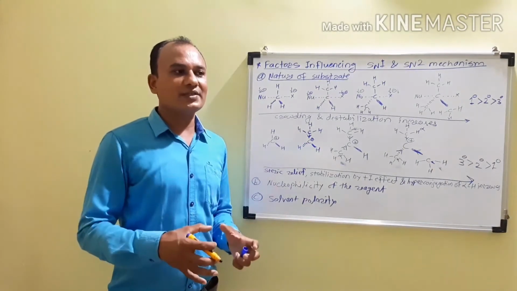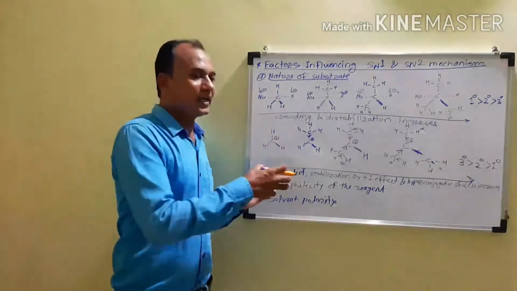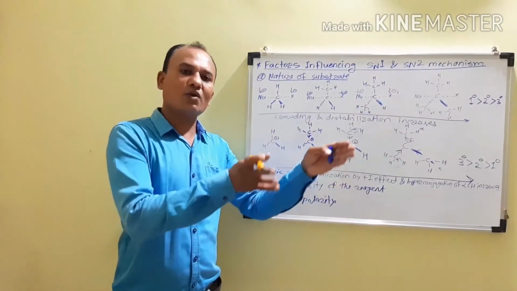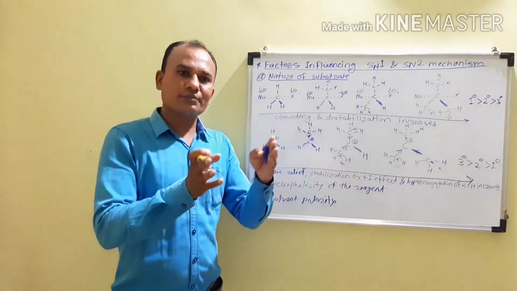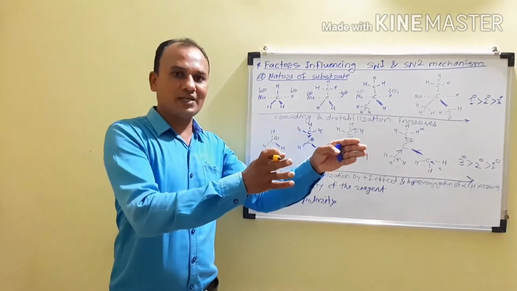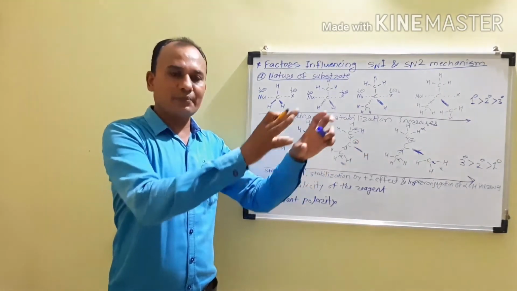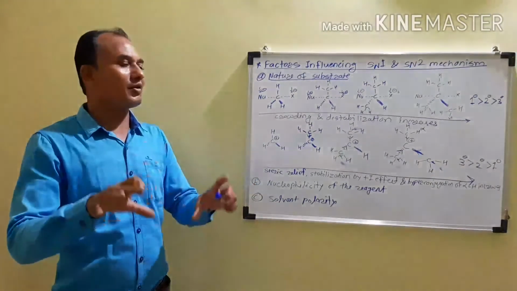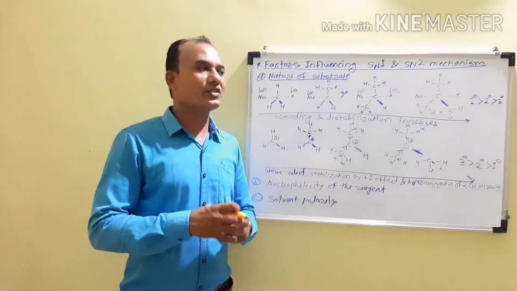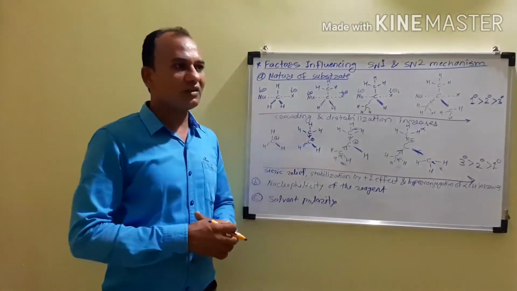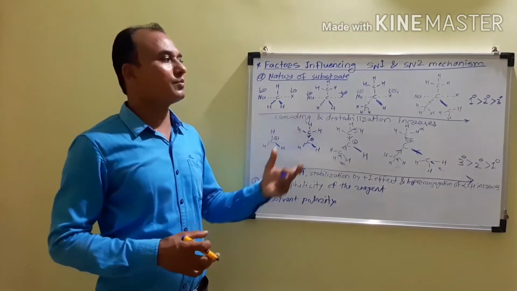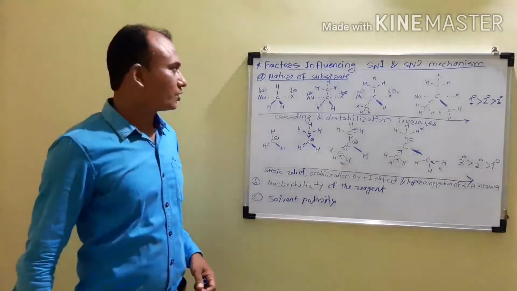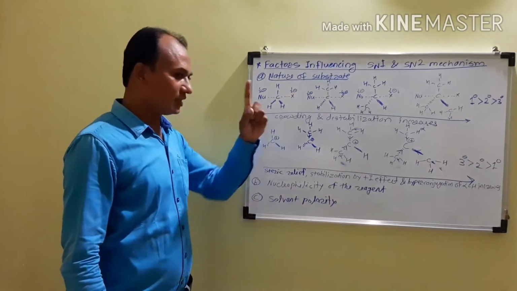So on that basis, when we are taking secondary alkyl halides, this may be favored by SN1 or SN2, or by both SN1 and SN2, that is the mixed mechanism, which depends on the conditions. But the SN1 mechanism is most favored by tertiary alkyl halides, and the SN2 mechanism is most favored by primary alkyl halides. So that is about the nature of the substrate. That is the first factor.